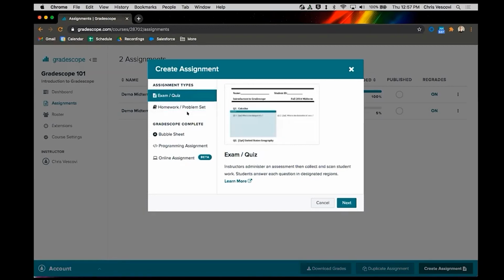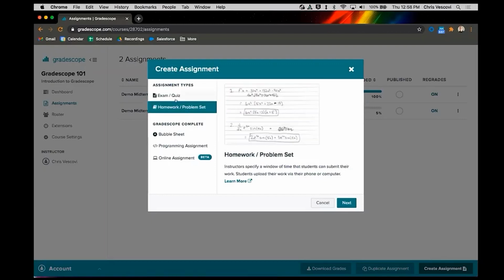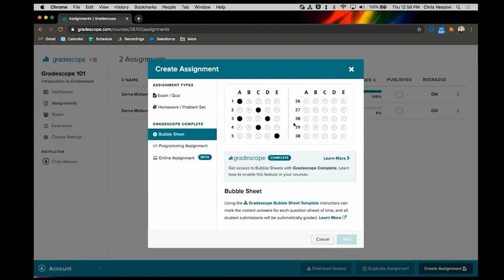We are going to do a full walkthrough or a workflow using the homework and problem set because I want to show you the student uploaded process in full. Before we jump in with that though, I do want to explain these 3 briefly. The bubble sheet is a Scantron alternative. This was used heavily for in-person instruction because you would print out these forms and have students mark them up, obviously. We don't see as much use for these anymore because in order to use them